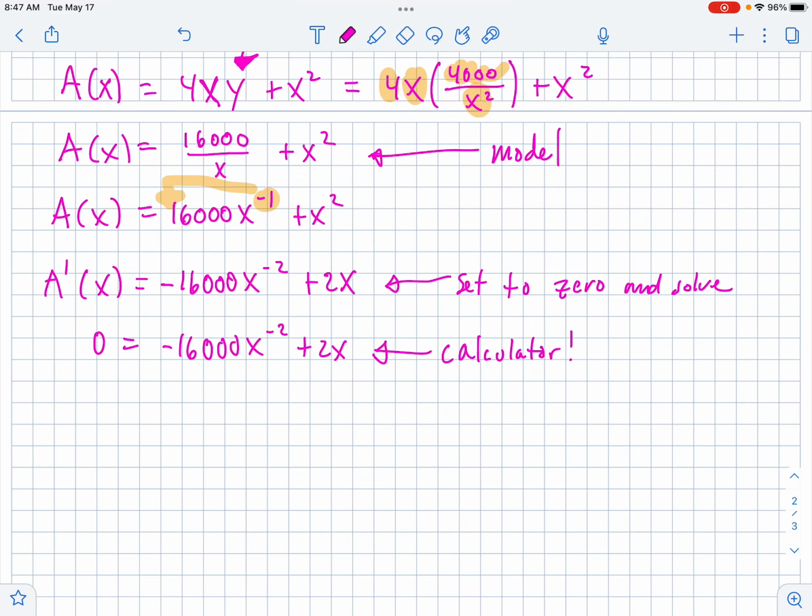On the calculator, you need to graph that, set it equal to 0, and then using technology, you can figure out that x is equal to 20. Then if you do a zone test, and you put 20 right here, which is our one solution that we found, we need to confirm that this is a minimum and not a maximum. So using our derivative,